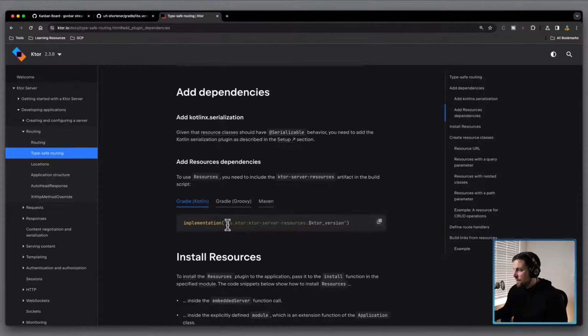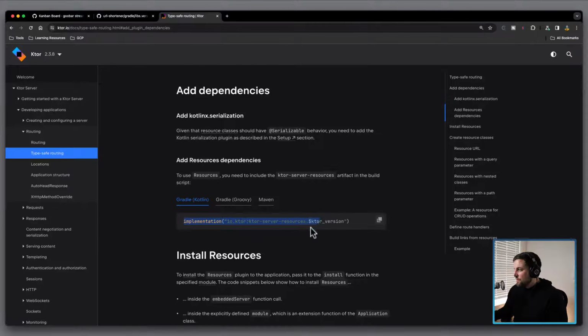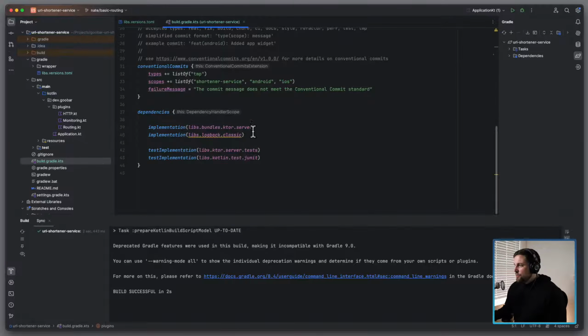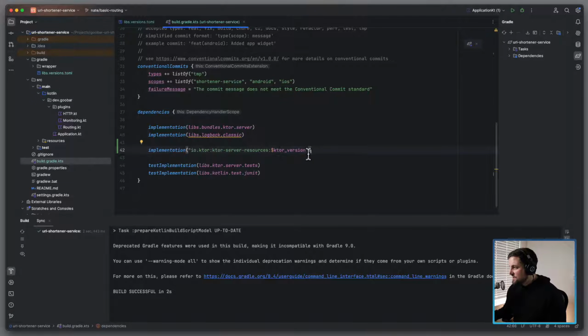So again, I will grab this. Actually, just for fun here, we could demonstrate. If you take a dependency line, like an implementation block for your Gradle build script, and you just drop it into the dependencies section with proper version info and sync,